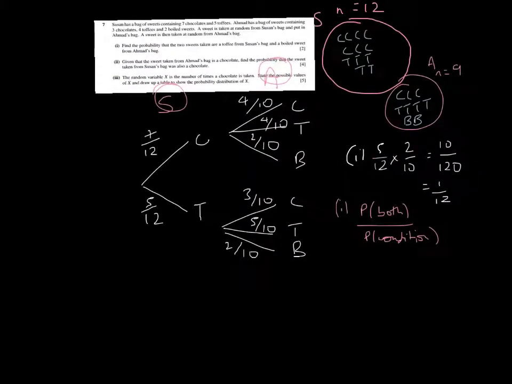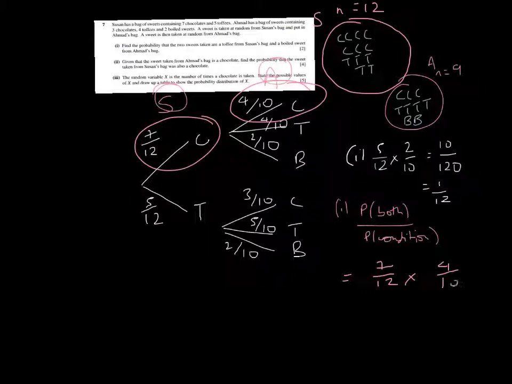Yeah, so the probability of both. The both would be that Susan's bag is a chocolate and Ahmed's bag is a chocolate. So that's that one there and that one there, and that would be the probability of them both being a chocolate. So that's going to be 7/12